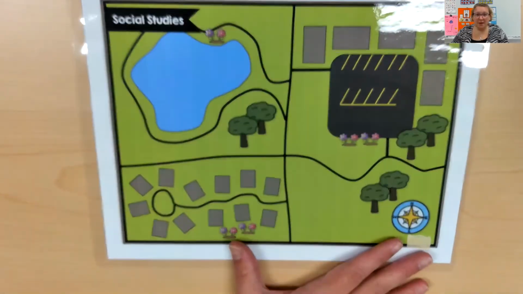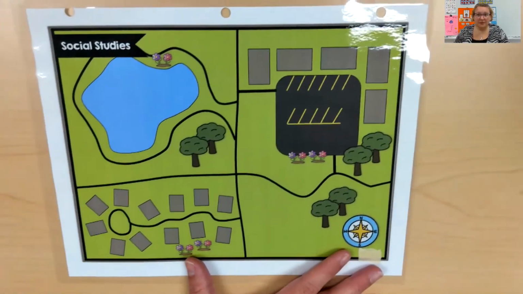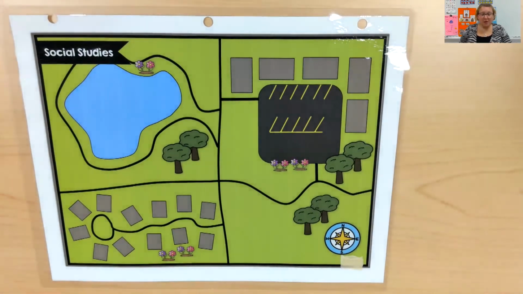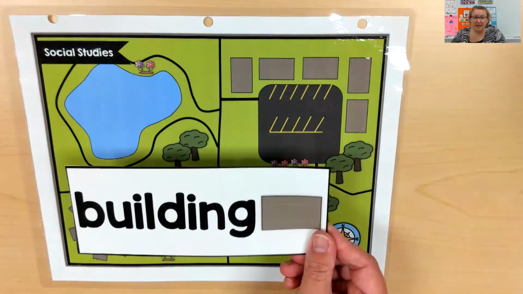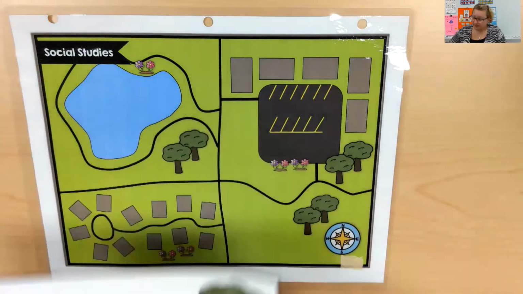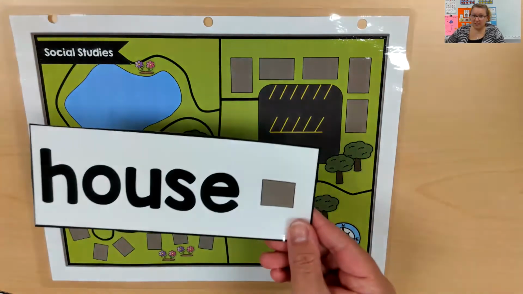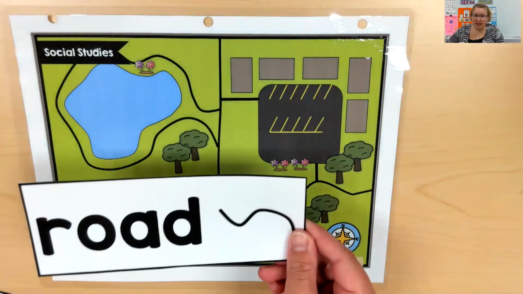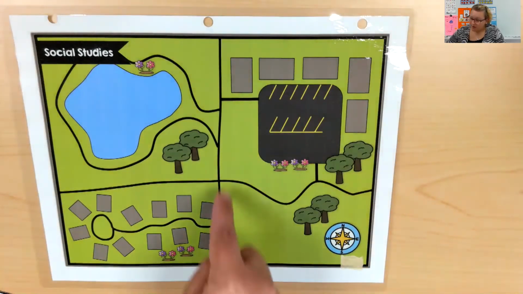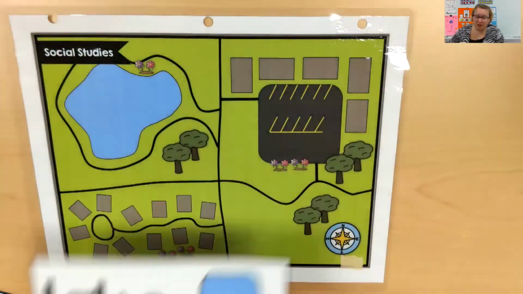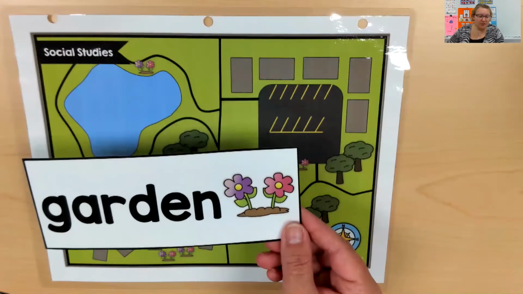Okay, so here is my map. Try to move it so there's no glare on there. So here is my map. Okay, now remember, I showed you guys our symbol cards. That is building. So we know that these over here are buildings. We have our trees. The smaller squares are houses. So we have our houses over here. The black lines are the roads. So we can think about traveling on the roads. The big blue shape is our lake, and the flowers show us the garden, okay?